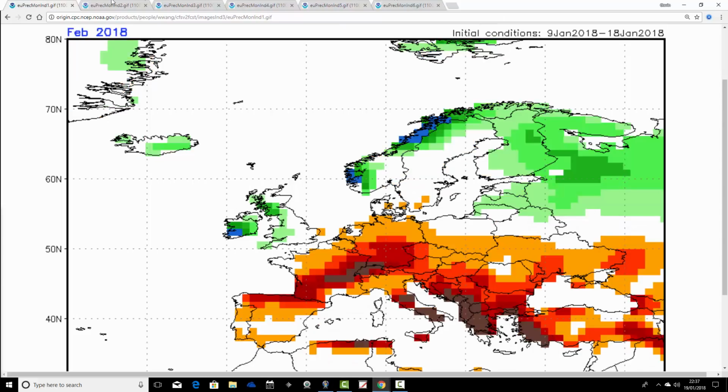And then finally, let's have a look at precipitation. So, for February, looking at generally quite a wet month in the far northwest. So, Norway, Ireland, parts of the UK as well, particularly western UK, coming out with above average precipitation. Many central parts of Europe are drier than average,